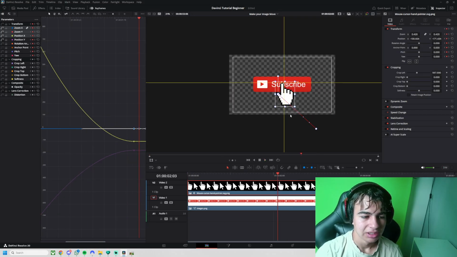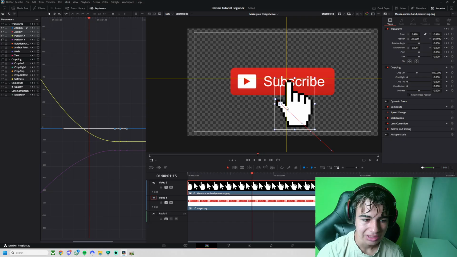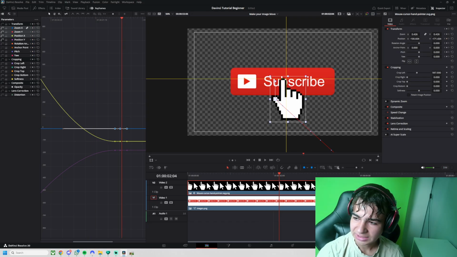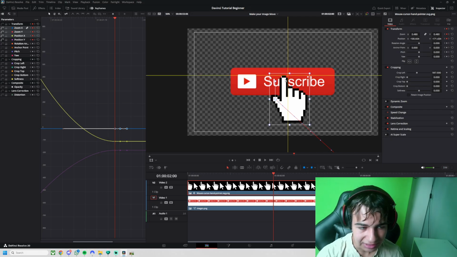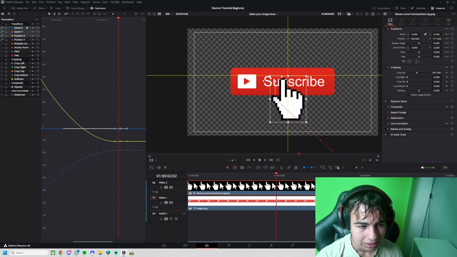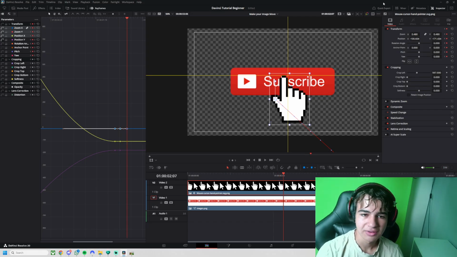Next up, also a very small detail, but because I cropped the image, the middle of the image is not in the middle actually, it's there as you can see. So when the mouse clicks down, it goes kind of down to the left, right? This is where the pixels end. You see I selected the edges of the pixels, and it doesn't go down to the middle. Right, so if you have the same problem,